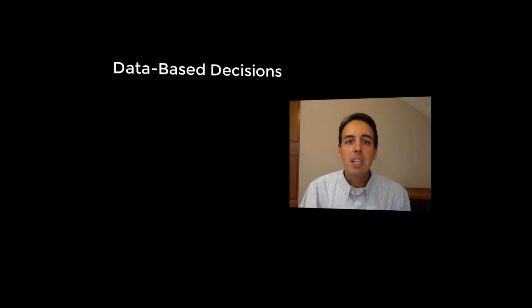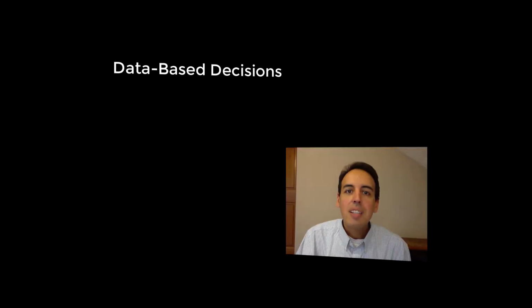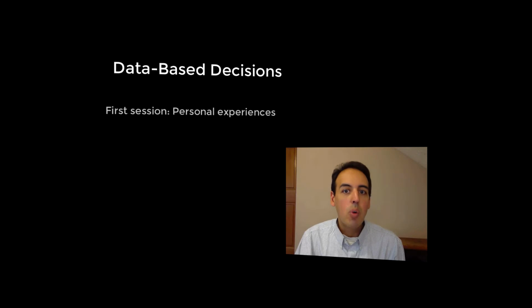The final element to cover in terms of the focus of study circles is decision-making, specifically data-based decision-making. This is where study circles shine. Study circles are designed so that people not only share and learn from one another's personal experiences, but also learn from data that already exists on the issue. This data can be numeric or statistical data. This data may be narrative or interview-based data, or it could be other types of data.